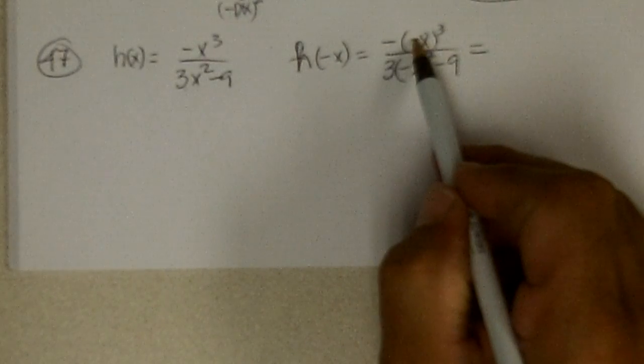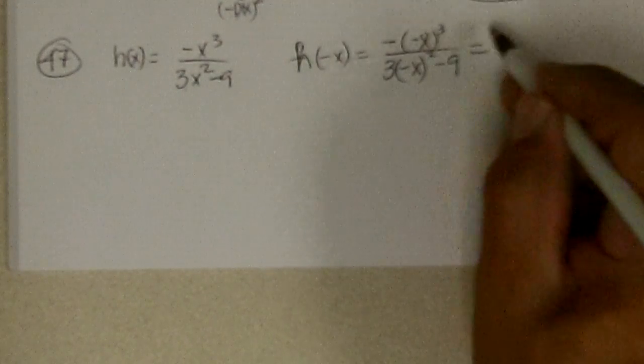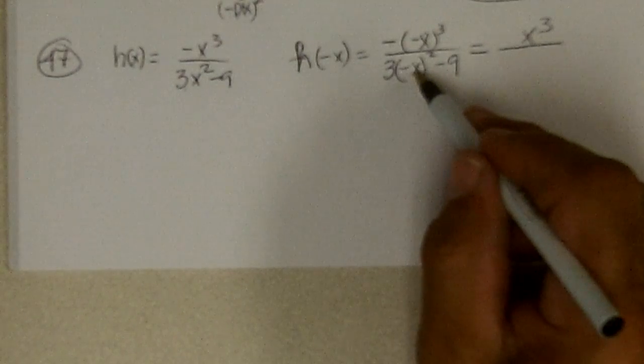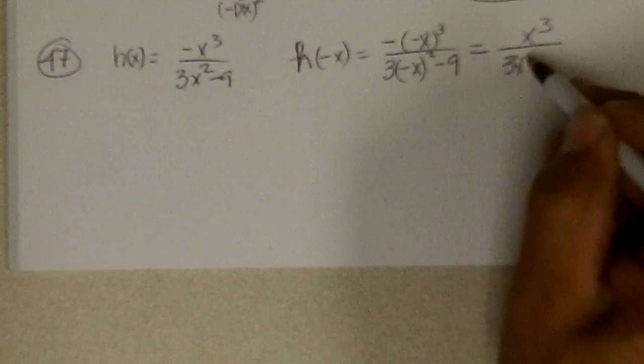The -1 to the third is -1, so I'll change that to plus, and x to the third. And -x times -x is +x squared, so this becomes 3x squared